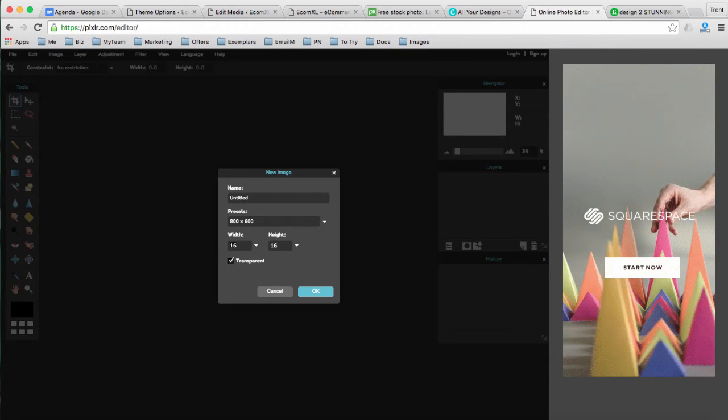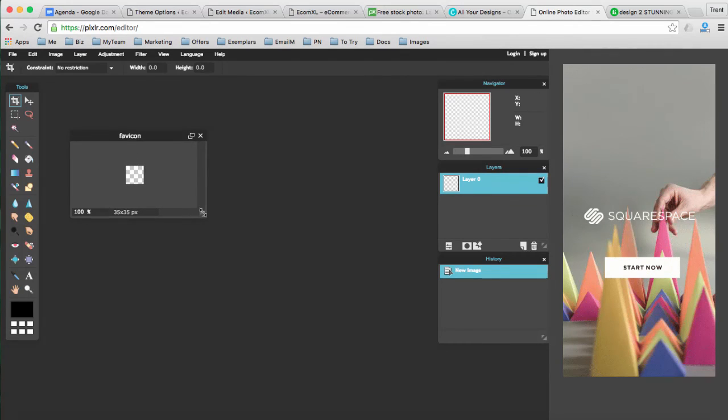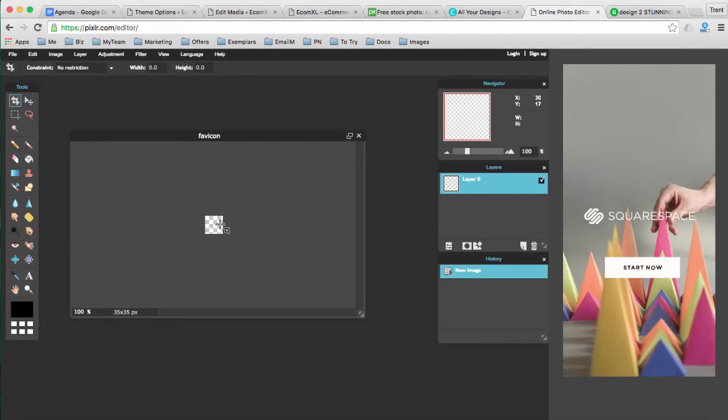Okay, and I'm just going to mark it as 35 and label it favicon, and there it is. So this is the size that you would want, and then you could upload your logo and make it fit right in the middle of there, or just a portion of your logo. So in my case, I have some text underneath my logo, and so if I wanted to, let's come here and open up an